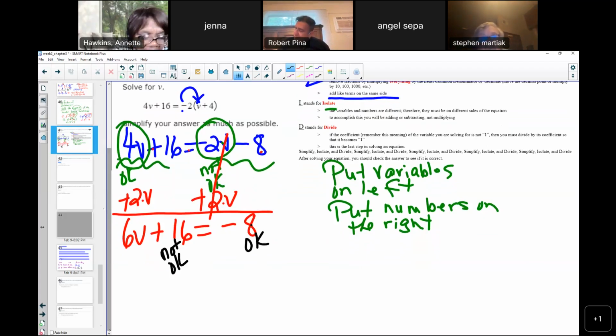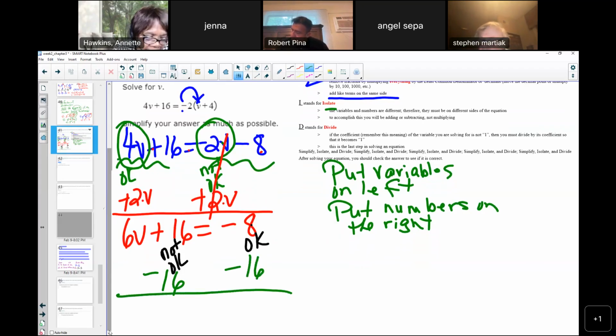I can't just pick it up and move it. So I have to undo that. That's a +16. To undo that, I need to say -16. Because my equation is like a scale, what I do to one side, I have to do to the other. And after I perform the operation, I need to clean it up and see what I have. So I'll go back to the left, that's 6v. This cancels, this is equal, and then this is